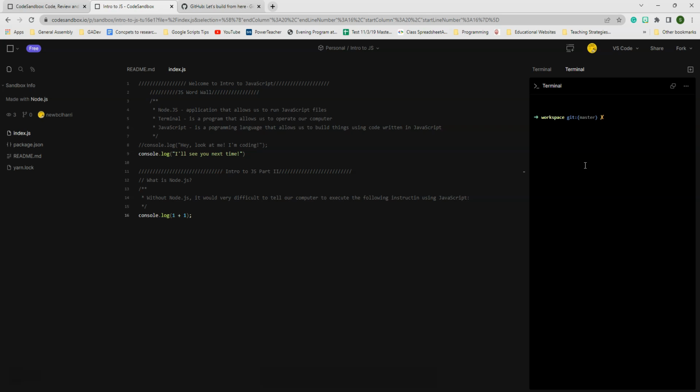Now we have a clean terminal without all the extra stuff. So we want to run this program to express the changes that we've made. In order to see the results of the changes that we've made, we have to give a command to our computer using the terminal. So the command is node, because node is what we use to